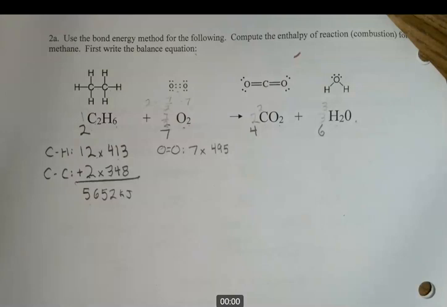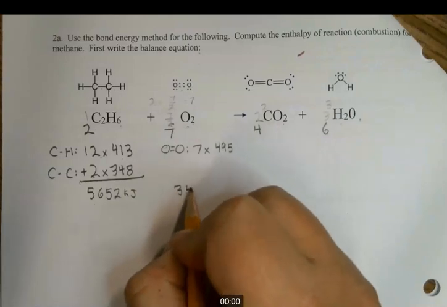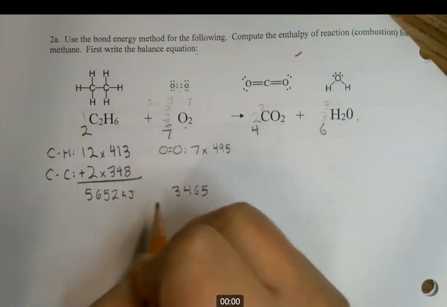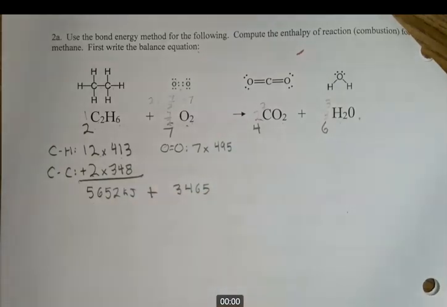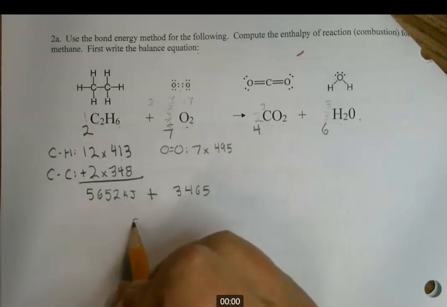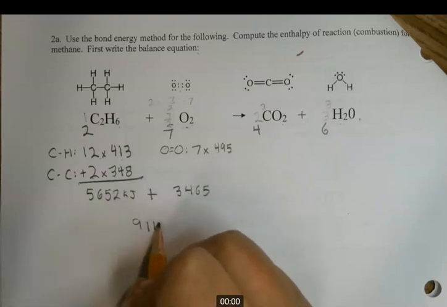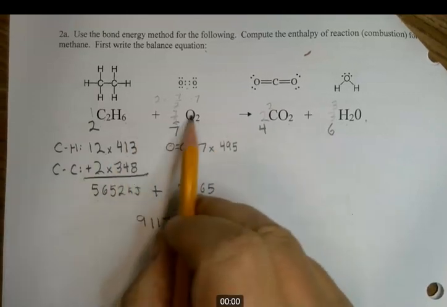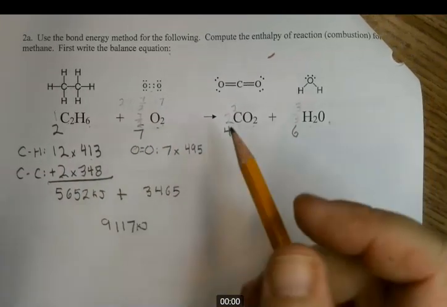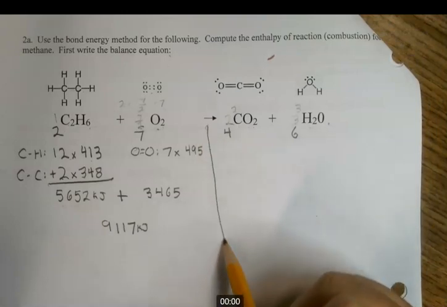And what does that give us? 3465, and again, these are positive numbers. So when you add those 2 numbers together, you get 9,117 kilojoules. So that's the energy taken to break all of the bonds on the reactant side. Now we're going to go over to, I'll draw a little line here, we're going to go over to the